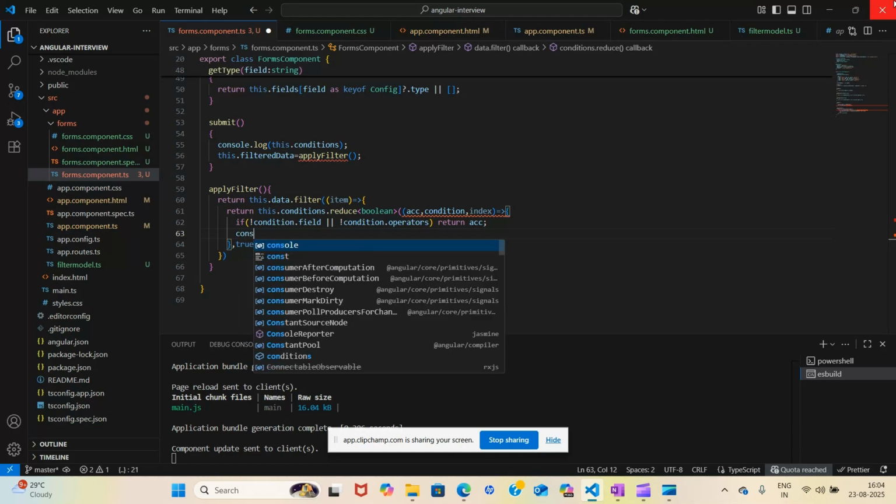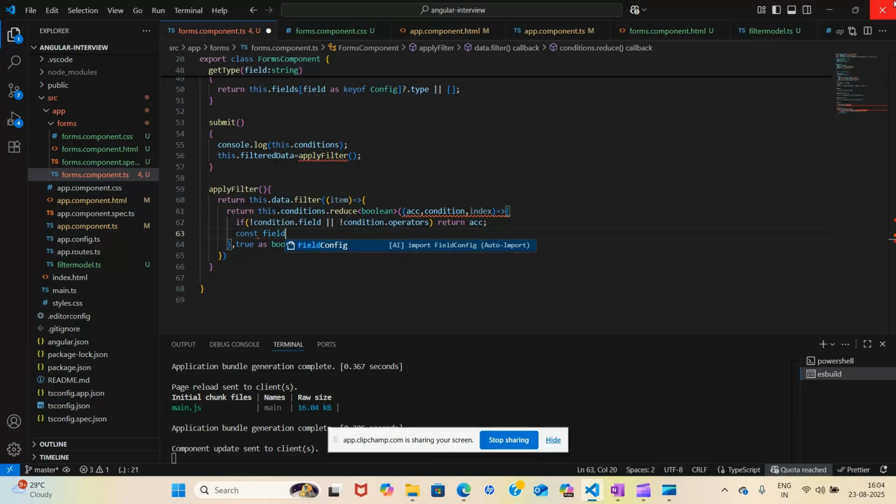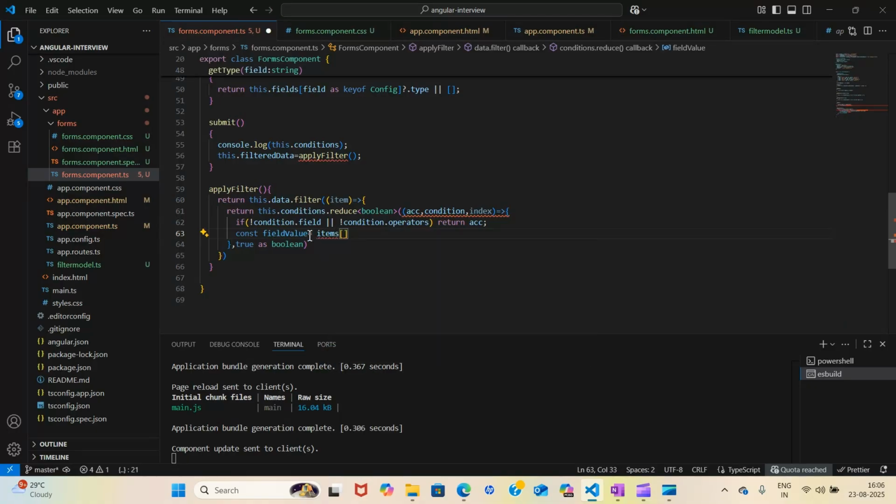Now we want the field value, right? So how will we take the field value? It will come from fields. This will come from items, right? Item takes the value, okay, and stores it in my field value.